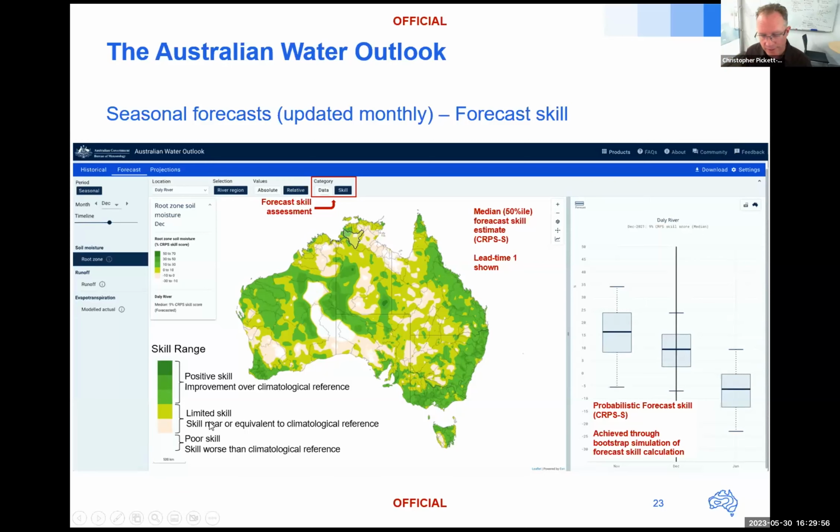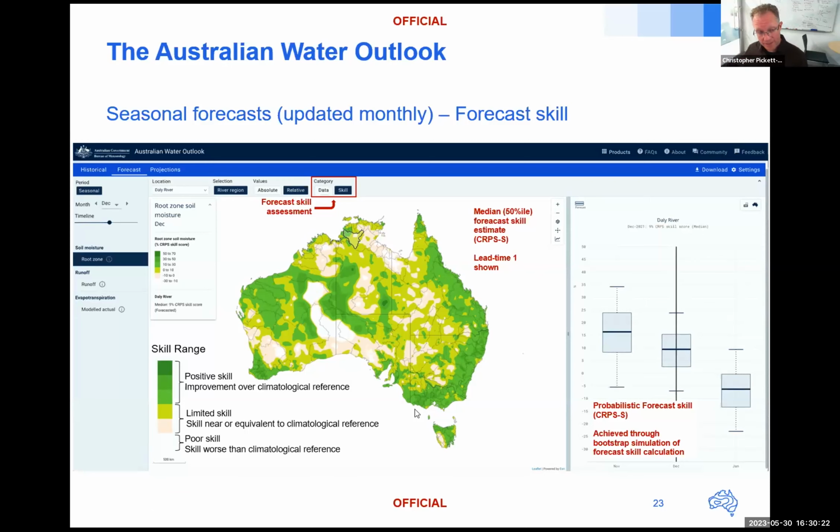Forecast skill is usually always in a lot of what the Bureau products provide, and it's not just in hydrology, but also in the climate forecasting space. It's provided as an improvement against a baseline model, which is generally a historical climatology. So when you see, in this case, positive skill in green, the forecast has been shown